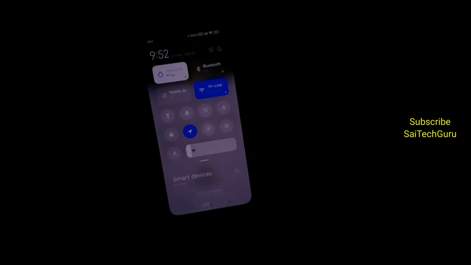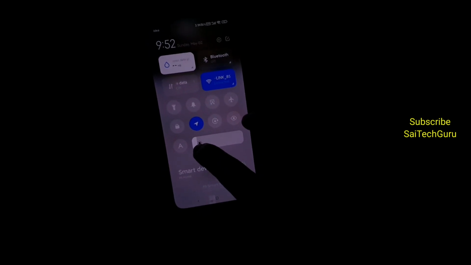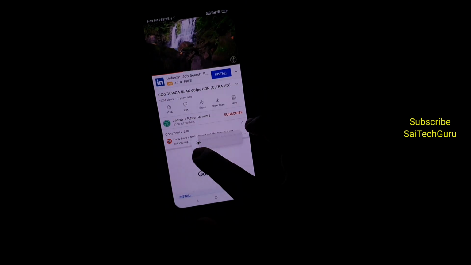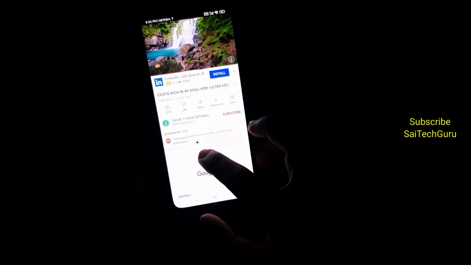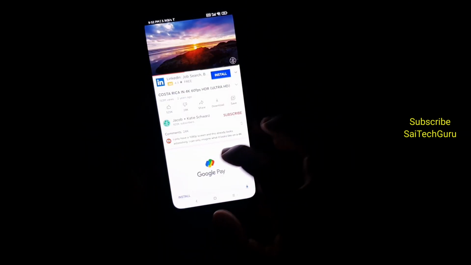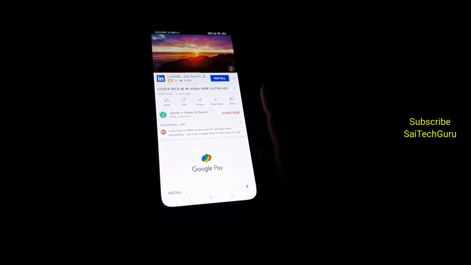So right now you can see here friends, I'm using very low brightness. It's close to 10%, 10 to 30%. Let me try with 30% brightness first, and let's see whether you will be able to see the green tint or not while playing the HDR videos. I'm playing in full screen so you will be able to see any kind of difference. As you can see friends, right now I'm playing this HDR video with very low brightness.